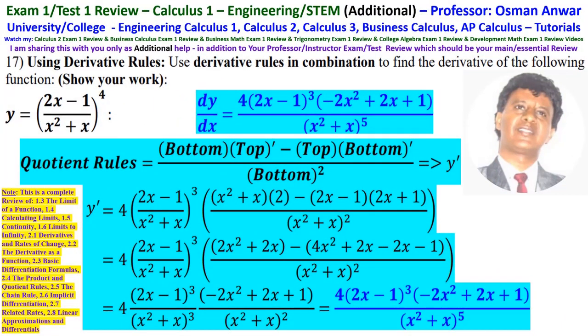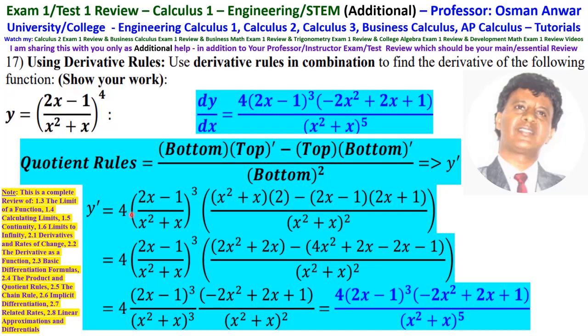Number 17 is we're going to use derivative rules in combination to find the derivative of y equals (2x minus 1 over x squared plus x) all to the 4. And this is obviously the power rule times the derivative of the inside, which is a quotient rule within the chain rule. So that means this is y prime is equal to, we're going to take the 4